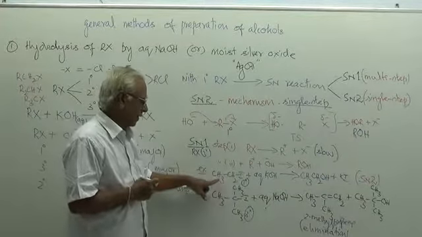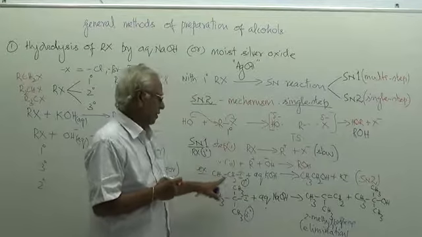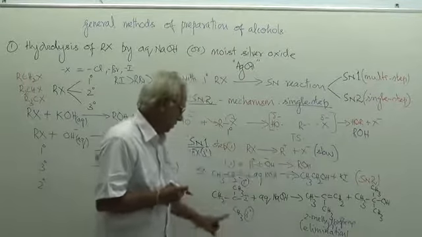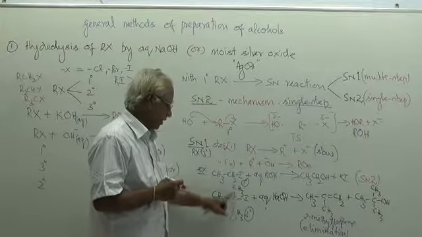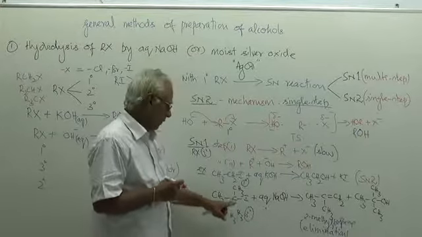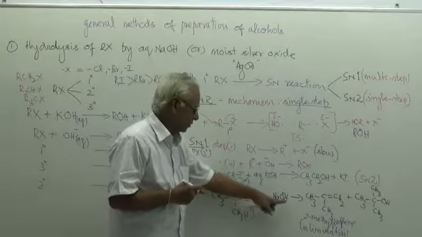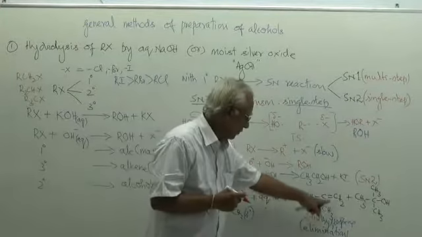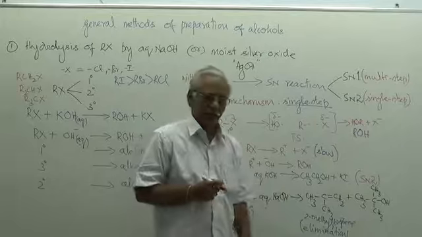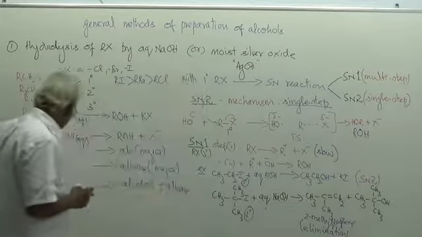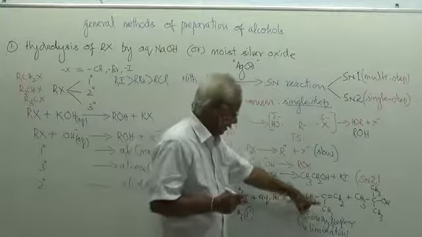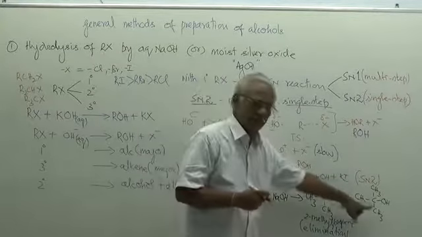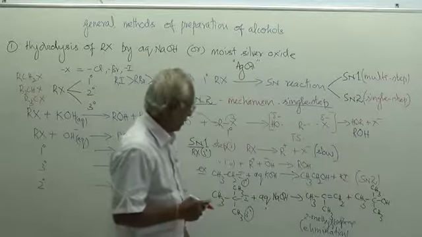It's a primary halide, iodoethane, giving rise to ethanol. 2-iodo-2-methylpropane, which is a tertiary alkyl halide, when it is attacked by the OH minus ion, is going to give you an alkene as a major product. I told you in the case of tertiary alkyl halide, alkene is a major product. I get an alkene here as a major product, and of course a very small amount of alcohol, and that can be explained due to the